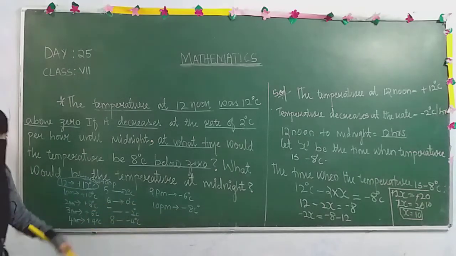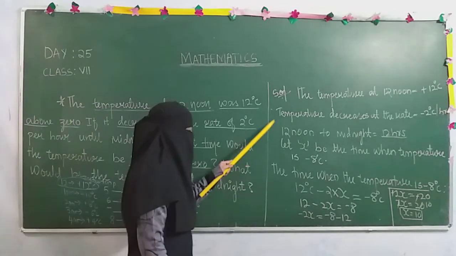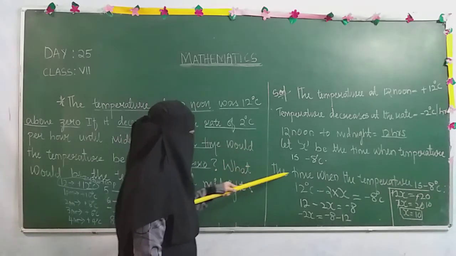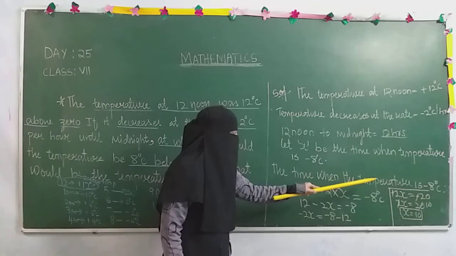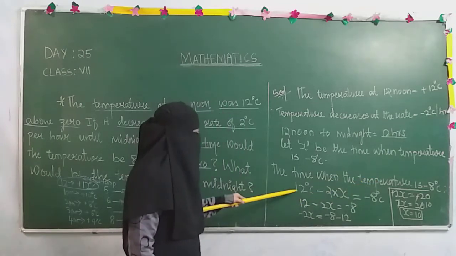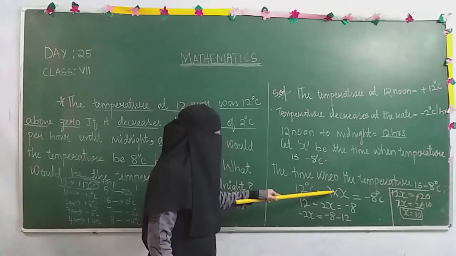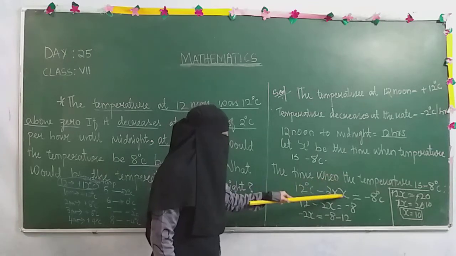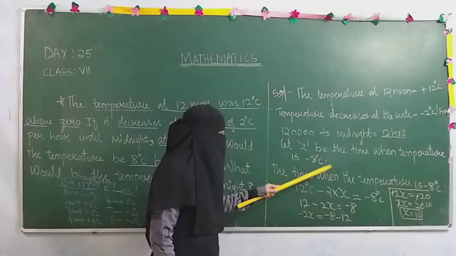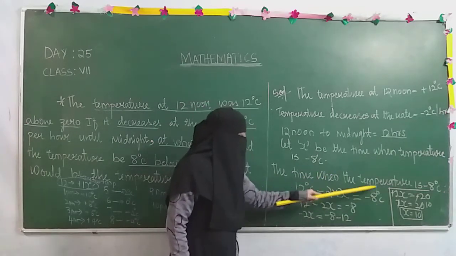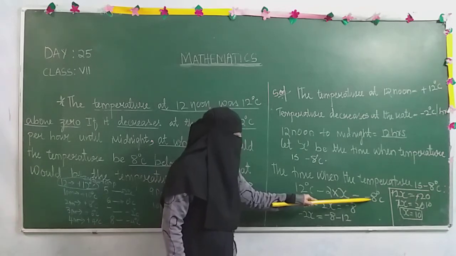The temperature becomes minus 8 degrees centigrade at 10 pm. So here also we have calculated. It is also a very simple way to solve the problem. This is your initial temperature. From the initial temperature we are subtracting whatever the temperature we are going to get. So 2 times of this is the rate of temperature decreasing. At what time we don't know, so we have taken the time as x, and I am substituting here: minus 2 into x equals what temperature we are getting? Yes, minus 8 degrees centigrade.